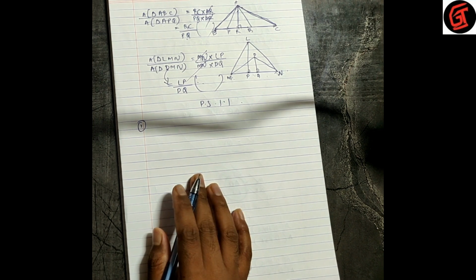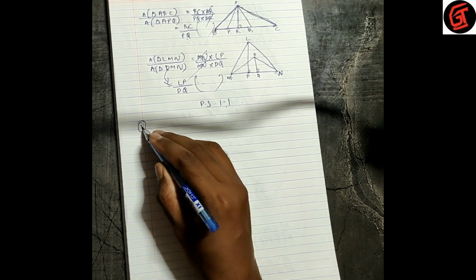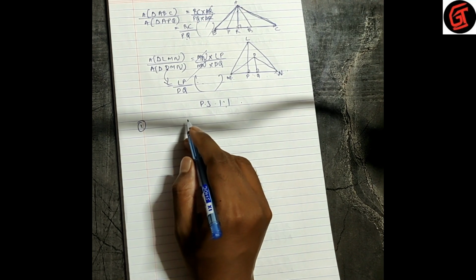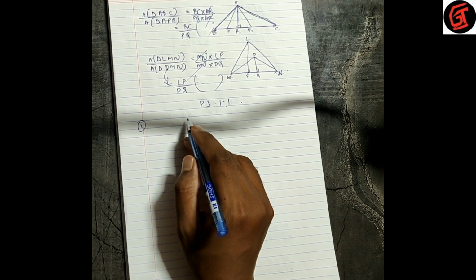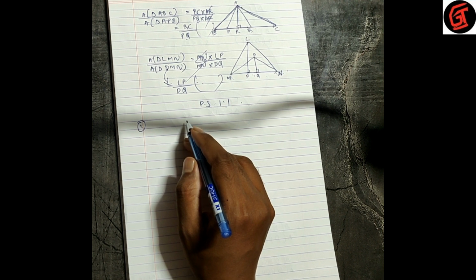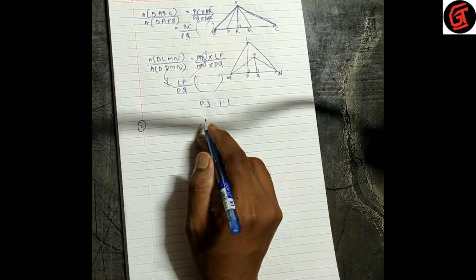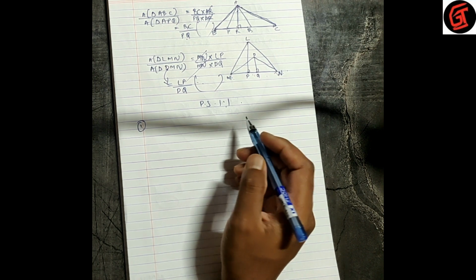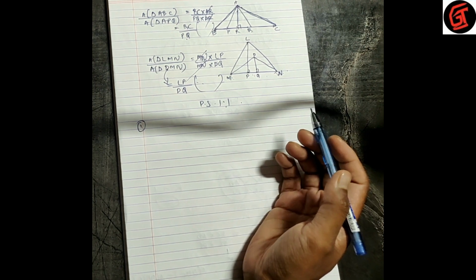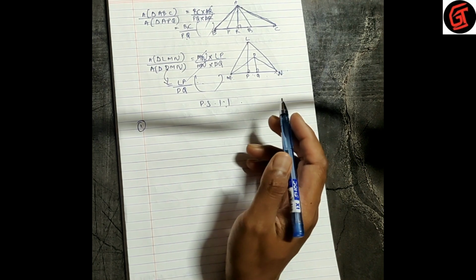Again I am repeating, first sum, practice set 1.1, see your textbook. Base of a triangle is 9 and height is 5. Base of another triangle is 10 and height is 6. Find the ratio of these triangles. Now there is no name given for the triangles. So what we do is make an assumption.